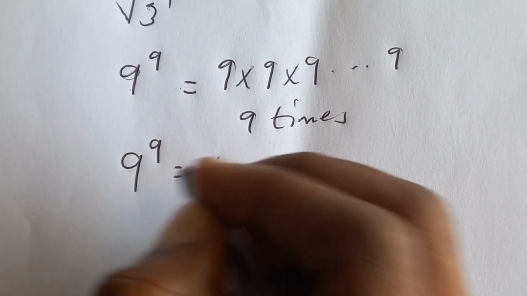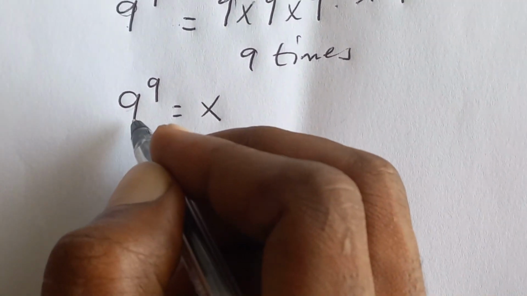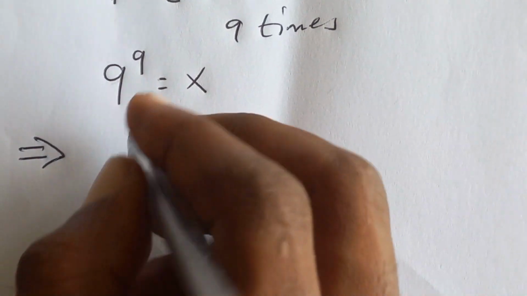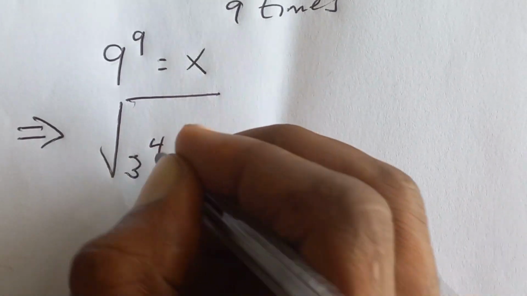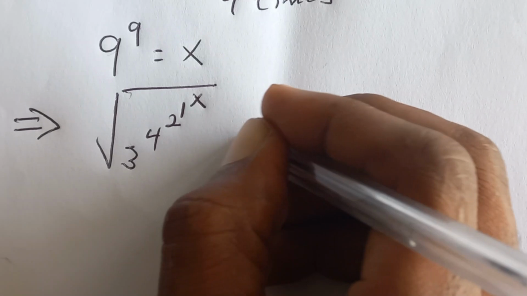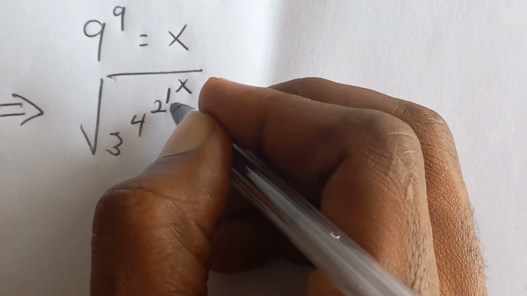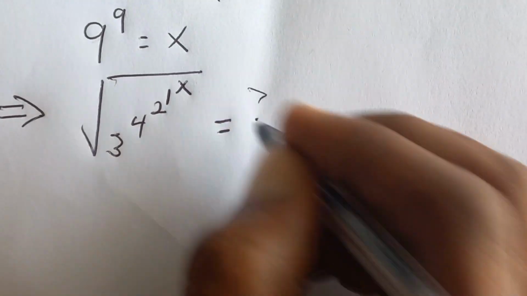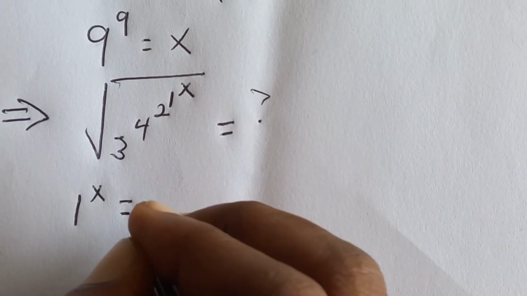So with this, we know that our 9 exponent 9 is equal to x. So the question now becomes 3 exponent 4, exponent 2, exponent 1, exponent x, which is equal to... so now we need to solve 1 exponent x. So with this, 1 exponent x is the same as